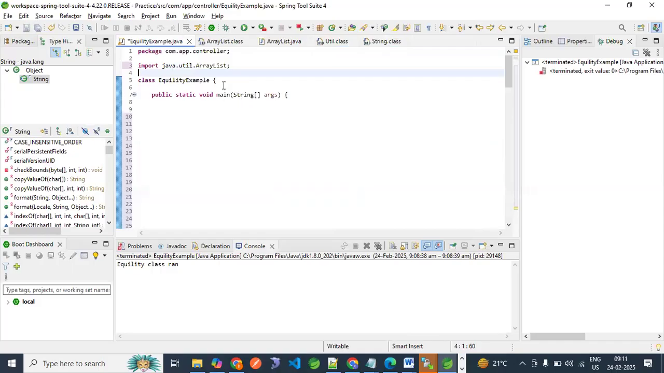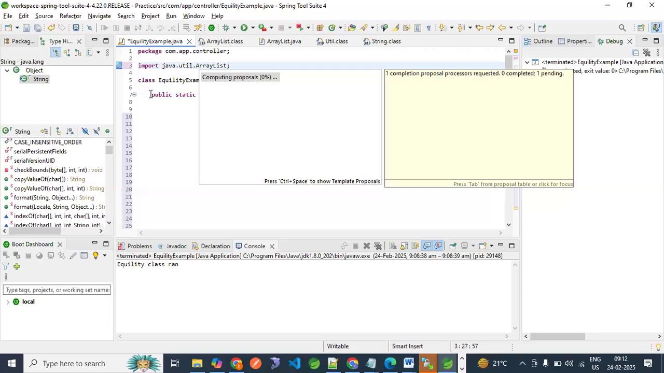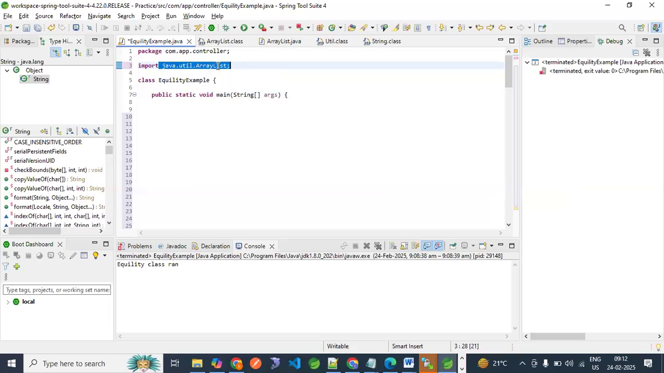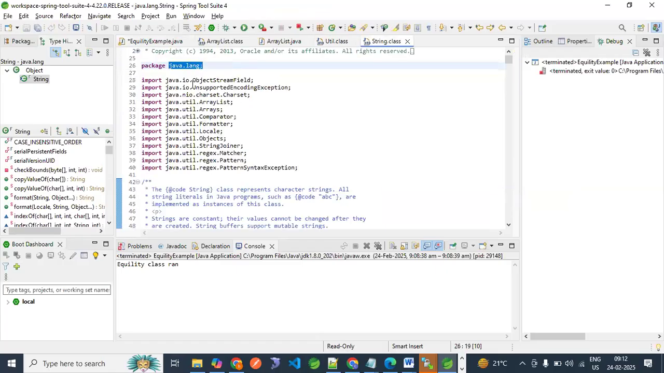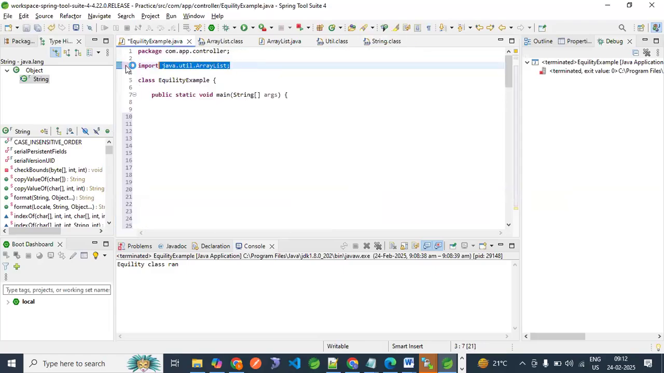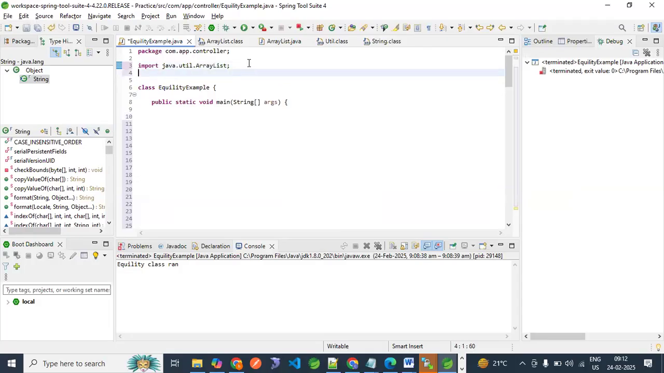java.lang. So whenever I'm using, for example, some dot array list, by seeing this we understand this is array list. Now here, string is available in which package? The java.lang package, right? So if we are using a statement like java.lang.String, java.lang.String,